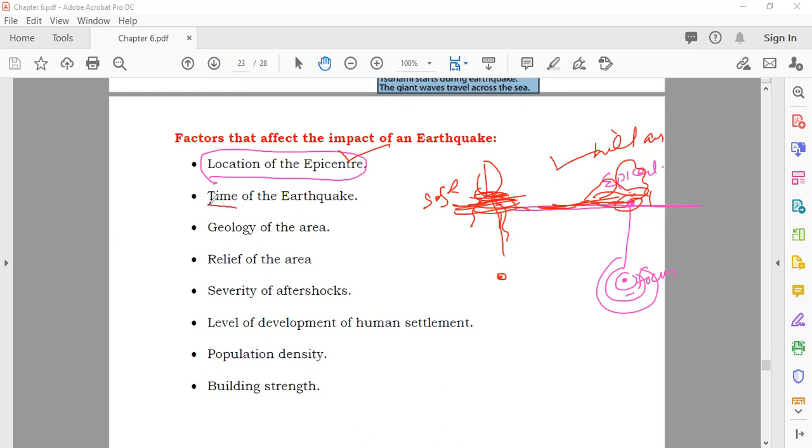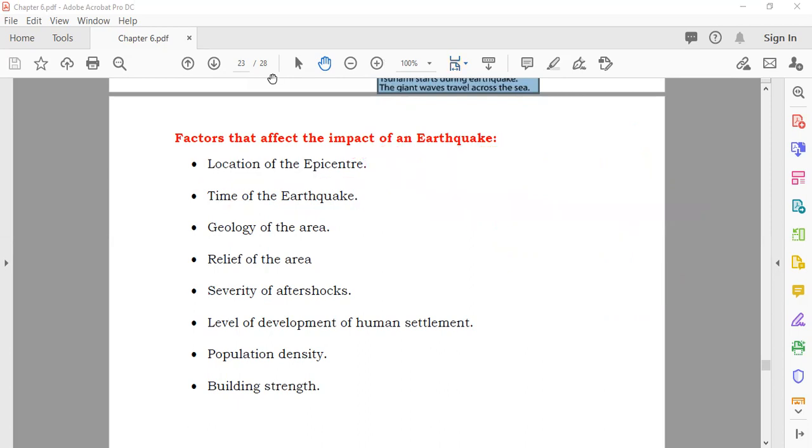After that, the time of the earthquake. If one earthquake comes for 4 seconds and another comes for 10 seconds, which is more dangerous? 10 seconds. The longer the earthquake remains, the more effects it will produce. After that, the next point is the geology of the area. If the soil in that area is soft, there is more loss. After that, the relief of the area,